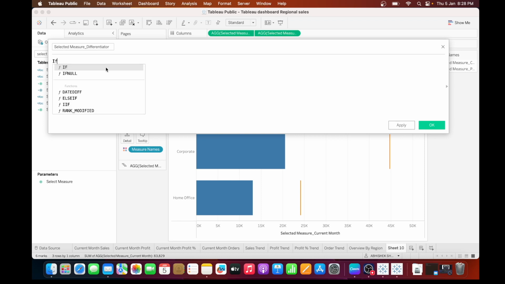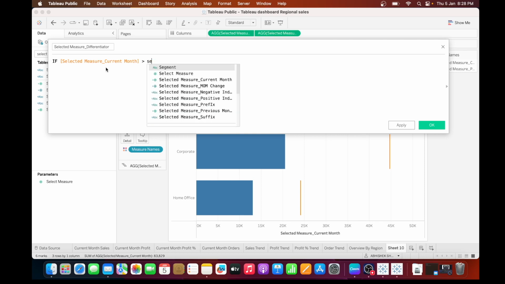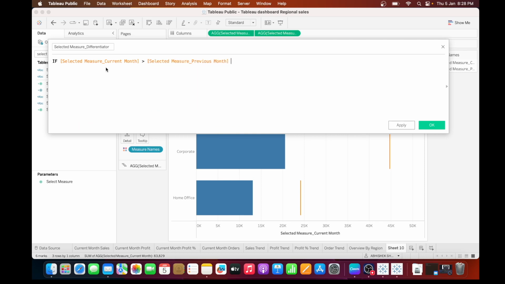Let's do if selected measure current month is greater than the selected measure previous month, then positive,